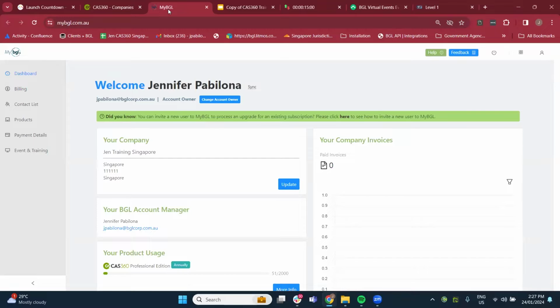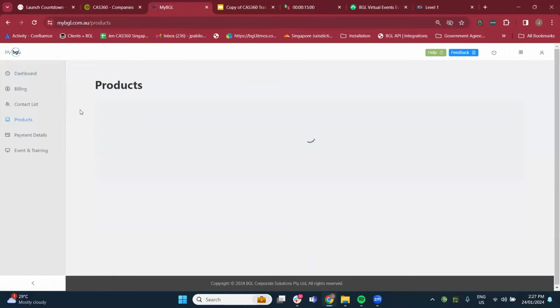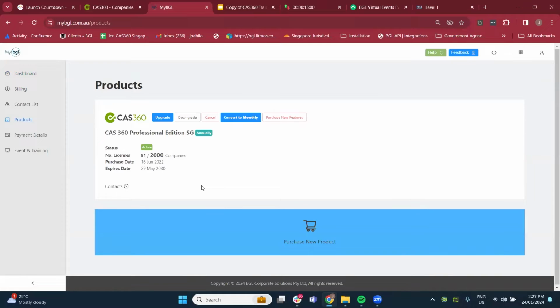that you have subscribed for with BGL. In this case, for Singapore, we only sell the CAS 360 software license, so you'll only be able to see CAS 360. For other jurisdictions, like Australia, for example, they do offer other types of software products, so they'll be able to see different products. For now, you only have CAS 360. So under CAS 360, under the products,